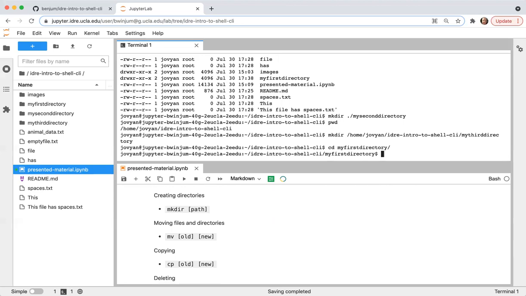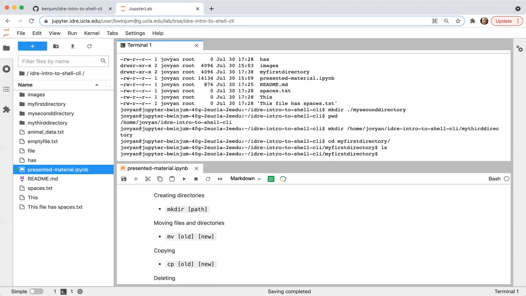All right. So if I list the contents, there isn't anything in the directory that I just created. Not at the moment, because I just created it. But let's say that I want to move this file called has, which is just a bogus file that I created with touch. I want to move it into the current directory. The command for move is mv. And then to mv, I have to give the path for the file that I want to move. And then following that, I have to give the path for where I want to move it to.